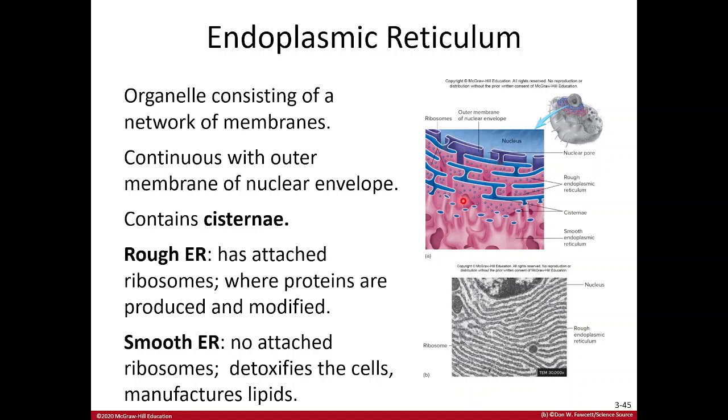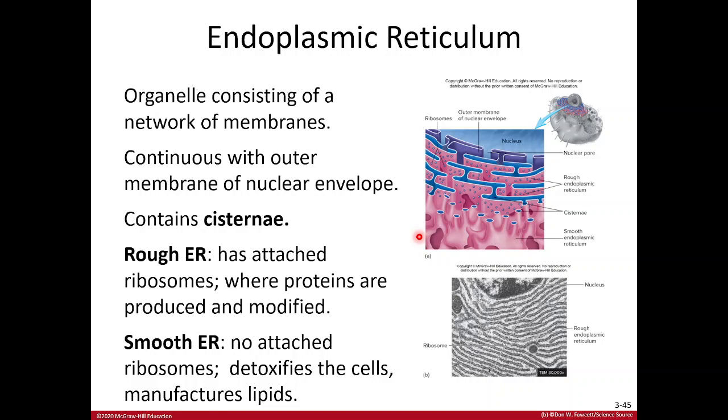In the case of rough endoplasmic reticulum, it has these ribosomes embedded within this membrane. And as these proteins are made, they will be transported into another organelle so that they can be distributed into their particular